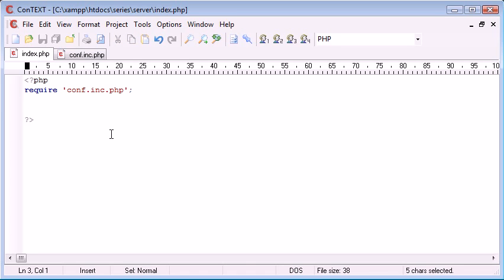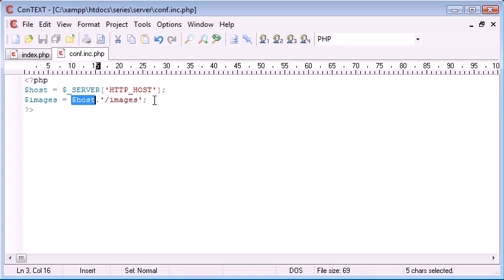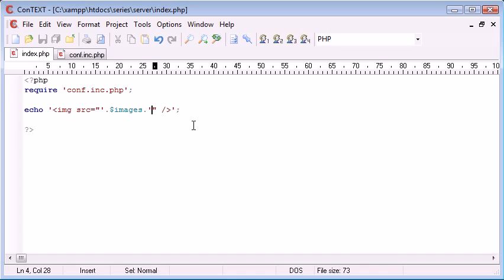So what I could then do is inside my file I could say echo, and I could create an image here, source equals that, and I could say, right, what's the location of this? So we've created this images variable, if you like. So we can append on images, and then we can put the file name afterwards. So I could put another trailing slash on there, and we could say images and then